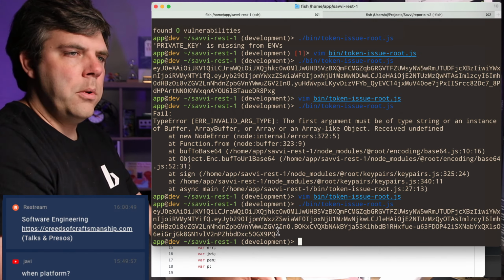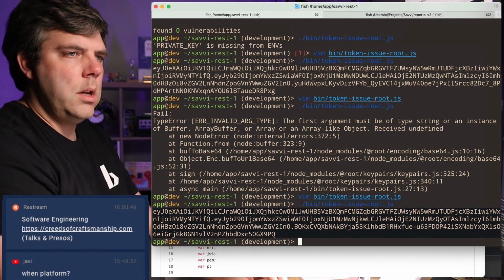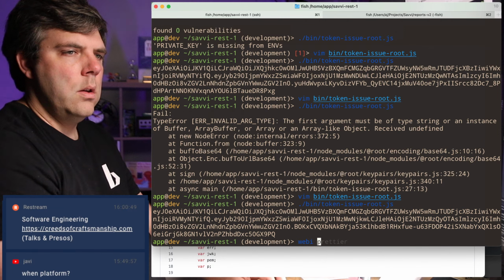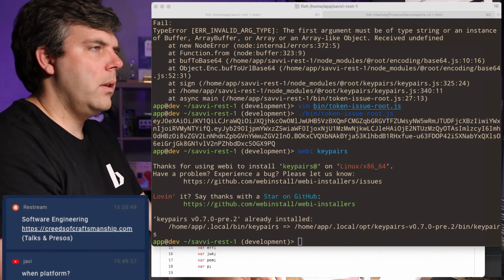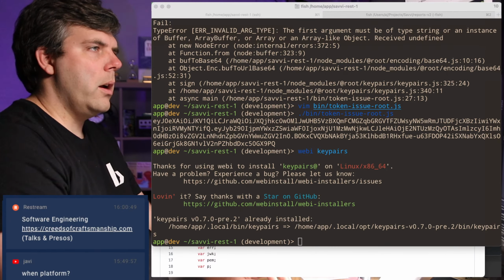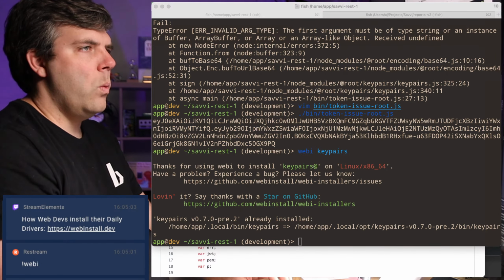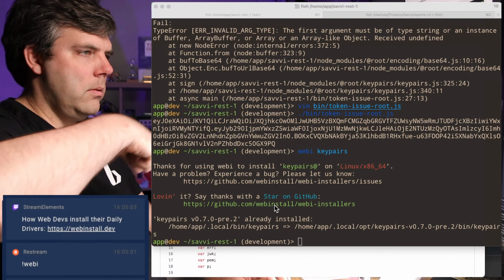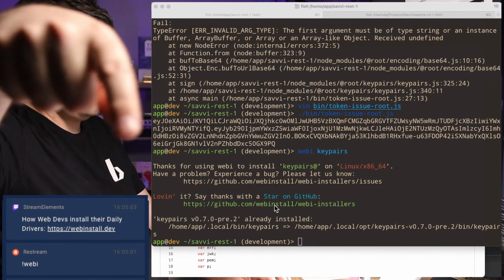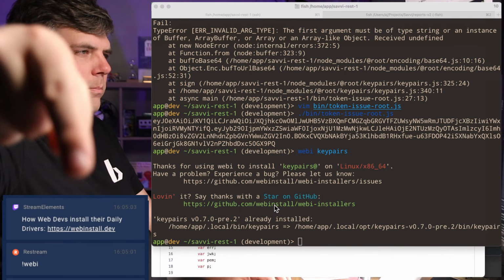Okay, so there's the output, and then I'm going to use key pairs to inspect it. So let me make sure I've got that. I'm going to Webi key pairs again, for those of you following along at home, webinstall.dev. See, right there. Oh, there we go. That's it right there.